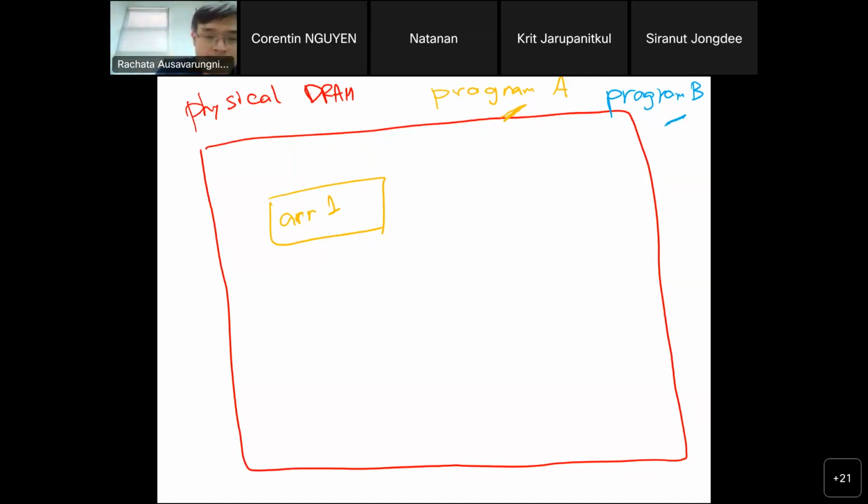And then say program B comes in. Program B wants another data. Let's say it's called B data. It's like 100 integers, and for the A, it's like 50 integers.